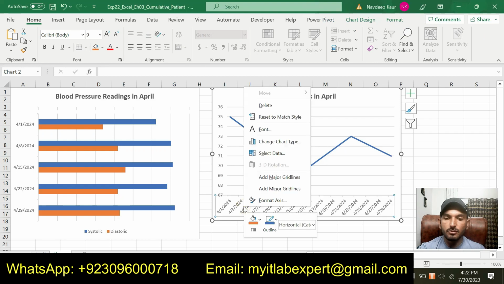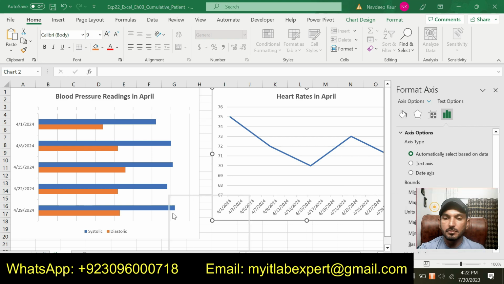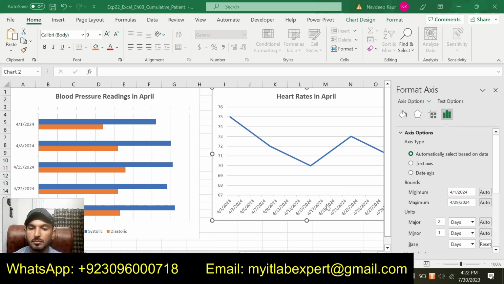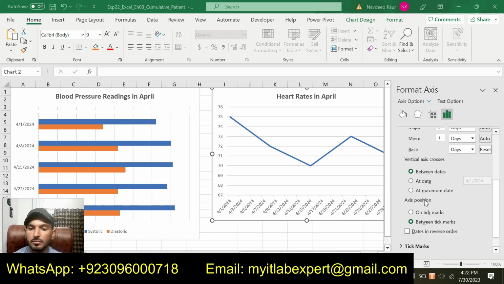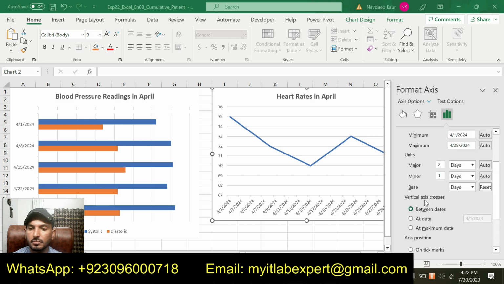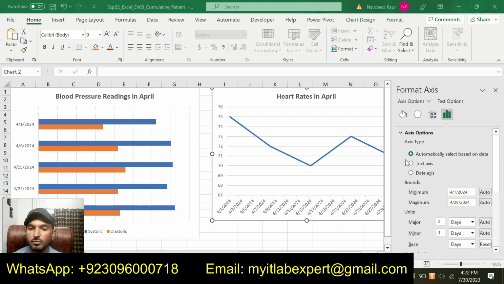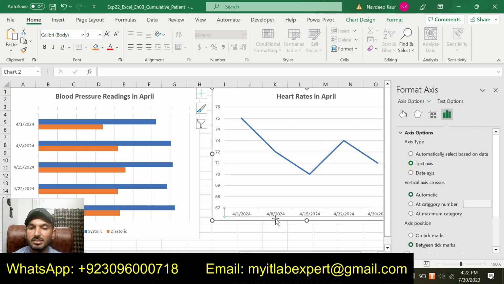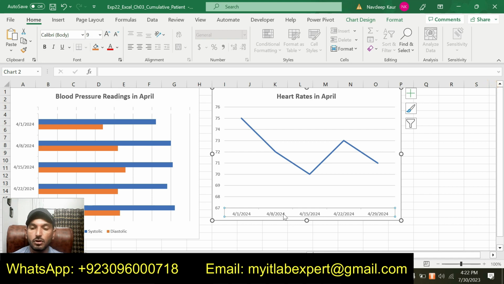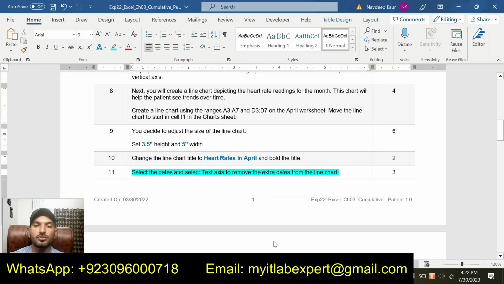These are the dates, and we are supposed to format this axis. And we will click on the text axis, and you can see that extra dates have been removed from this line chart by selecting the text axis type for this one. And that is all about step number 11.